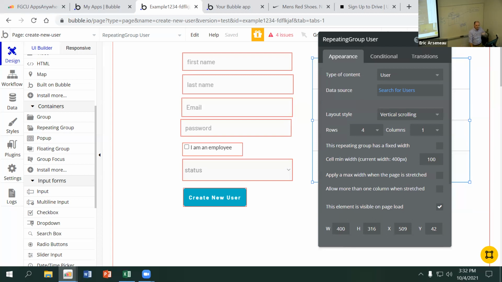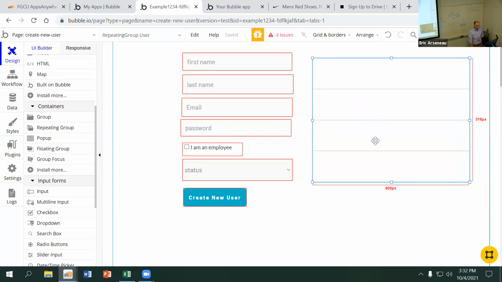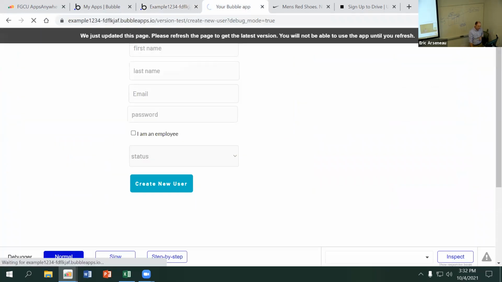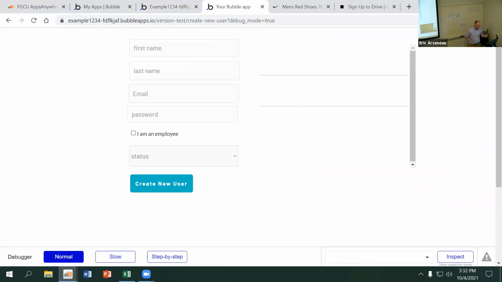Let me prove something to the error way first again. Okay, so we did it, right? It's pulling the information, but here's the problem. If you click preview again, you're going to notice that it's empty,